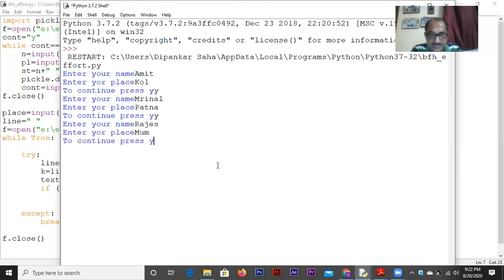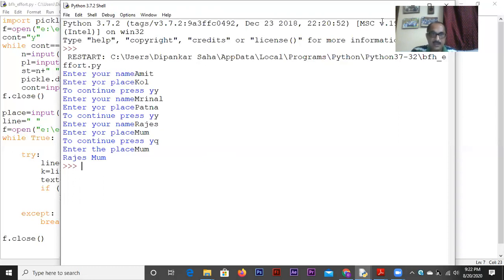And I just quit, fine. And I wanted to find the place, okay, Mumbai. Whosoever it belongs to Mumbai, display his data. So look at this, the last value, that is Rajesh and Roy, is zero. So this is a very simple case of searching for data. You can use this one.